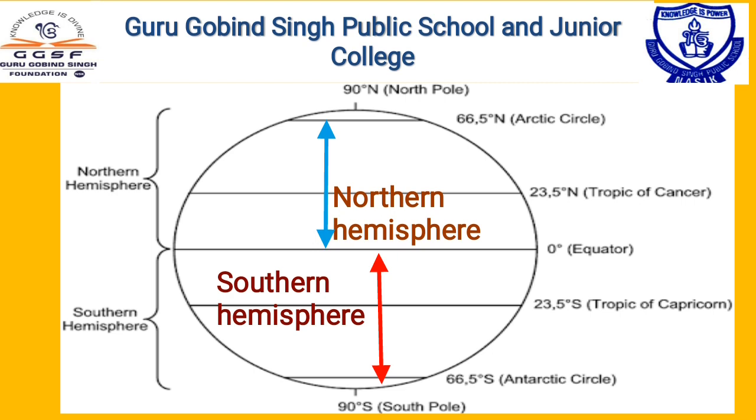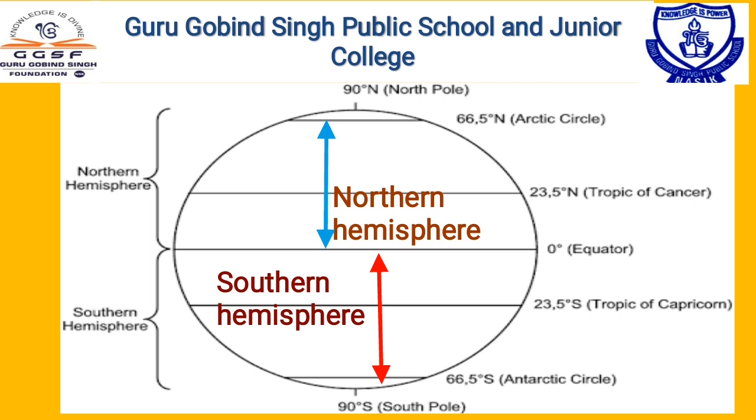Once again I am repeating the definition. The circles created at some angular distance from the center of the earth are parallel to one another, hence they are called parallels of latitude. Now observe the picture in front of you. Can you see in this picture the 0 degree parallel or equator? Yes. So dear students, the equator bisects our earth into two parts.